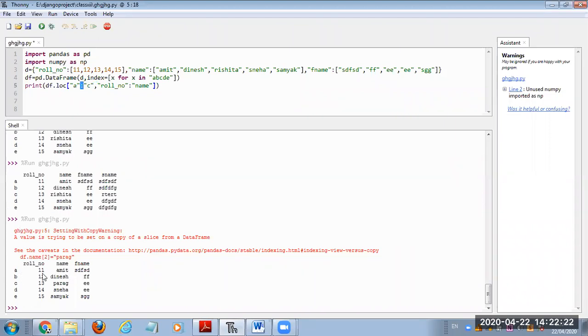So let's see, this is a data frame. We have to start from this A index row, and end at the C index row. Now remember, we have to include A to C, meaning C is also included, because C is not a default system index. When we talk about the slicing concept, 0 colon 3, then the index will go 0, 1, 2.